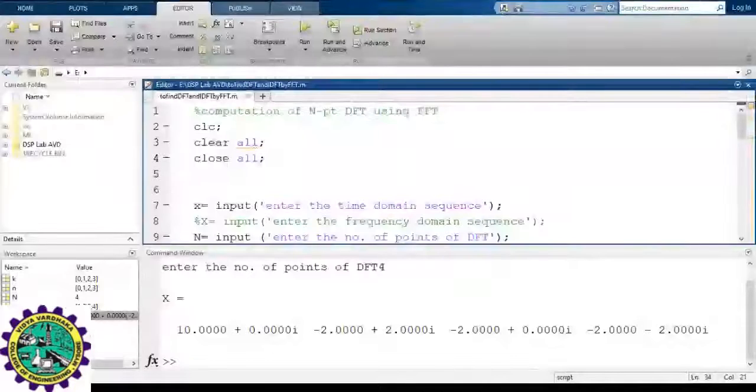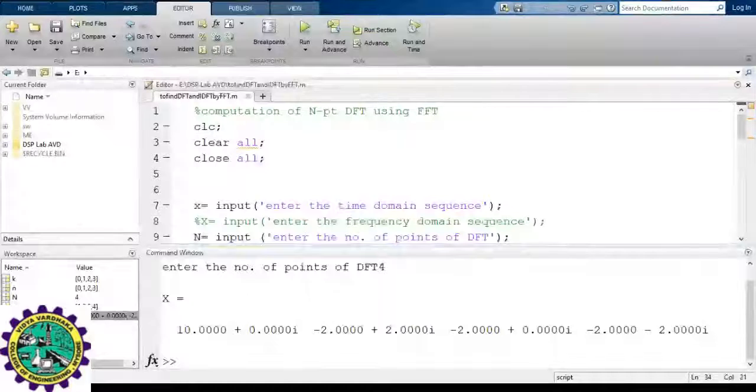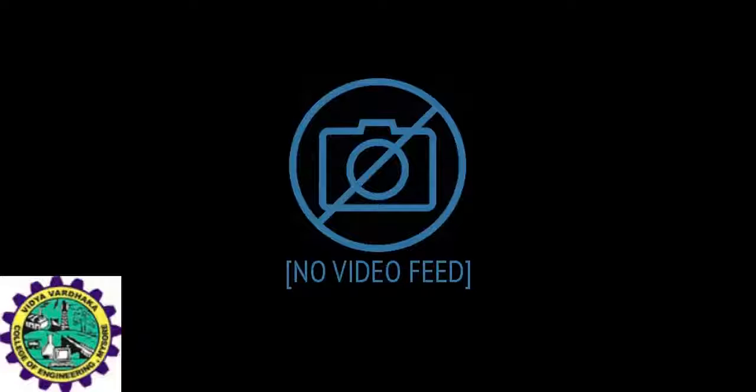Okay, we'll start now. Today we're going to discuss an experiment, that is, to compute DFT as well as IDFT by FFT. Now you know the theory, right? We have already discussed this many times. The theory behind this is done; now you need to know how to solve a given problem using the FFT algorithm.